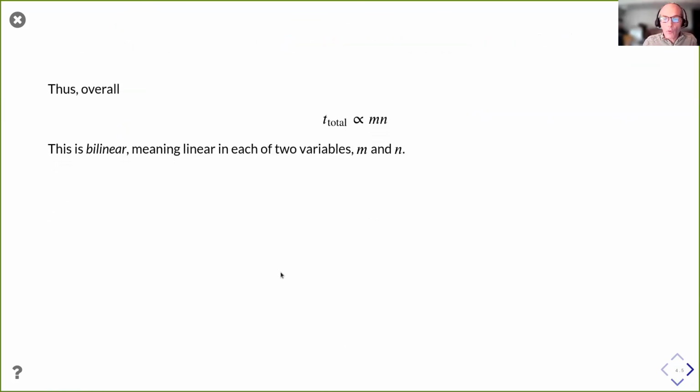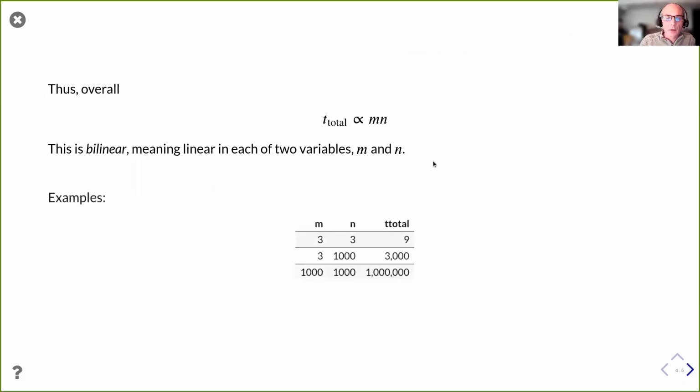And so the overall execution time of this implementation we would expect is proportional to the product of m times n. M because we call count m times, and n because each iteration of count costs n operations to run. So this is a so-called bilinear function, meaning it's linear in each of 2 variables, m and n. Okay? All right, and so just if we plug in some examples,